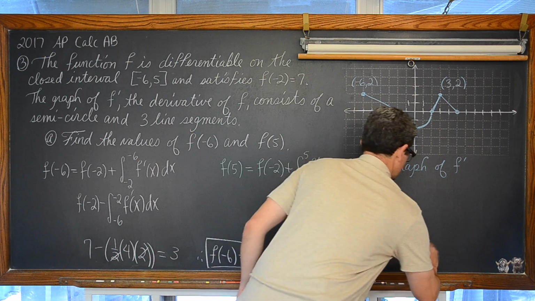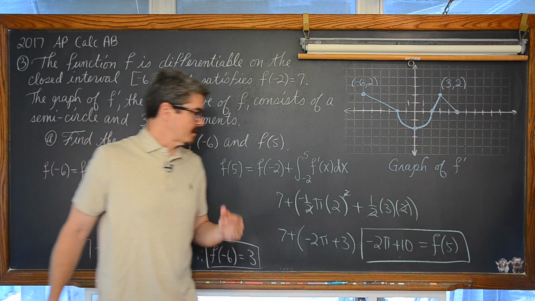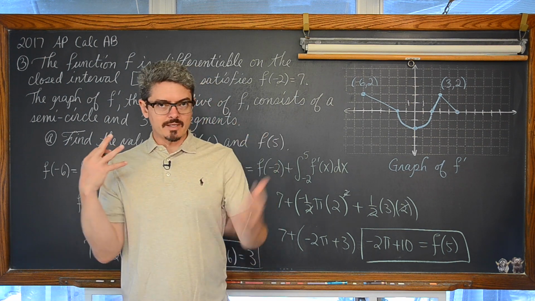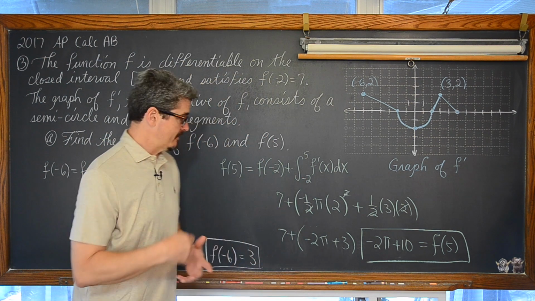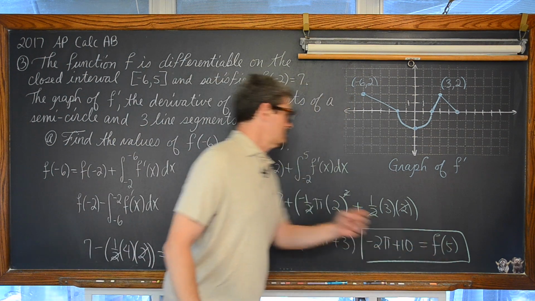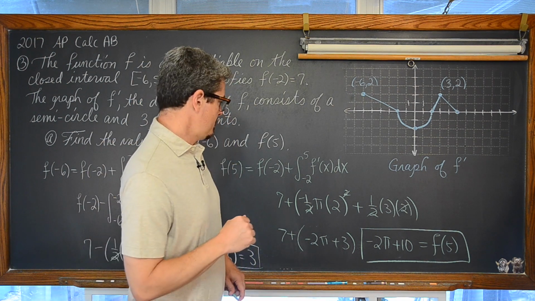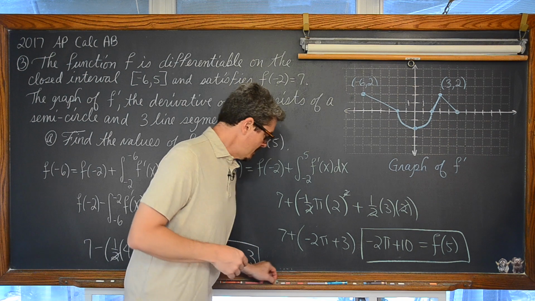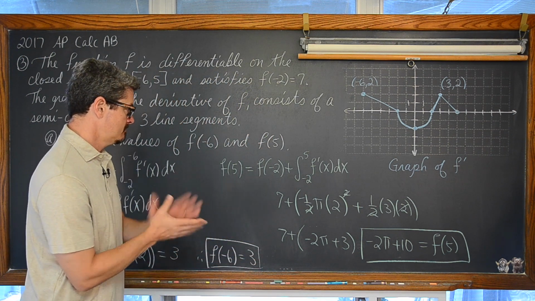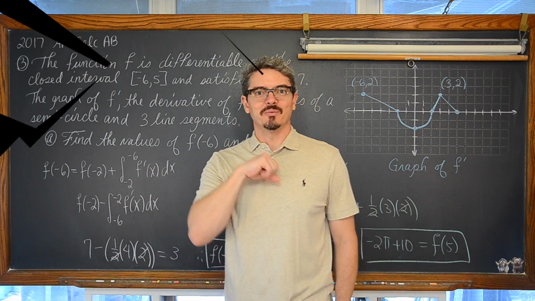is equal to, I like to box in my answers. Hope that's not a bad habit for the AP test. I also like to, since I'm going to do all my scratch work without writing equal signs next to everything, because again, I want to avoid that linking error thing, when I get to my final answer, I like to just re-summarize that it actually is equal to what we're being asked to find. And that is perfectly fine. Okay, anything there? Yeah, not really. That's the end of part A of this question. Part B coming up right now.